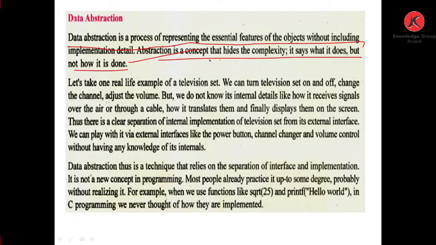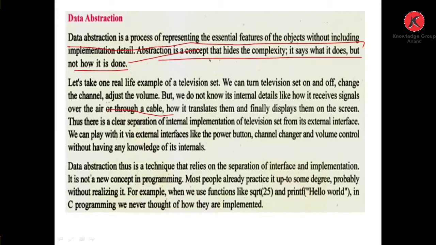Let's take one real-life example of a television set. We can turn the television set on and off, change the channel, adjust the volume, but we do not know its internal details, like how it receives signals over the air or through cable, how it translates them, and finally displays them on the screen.